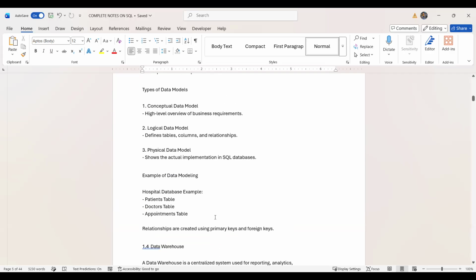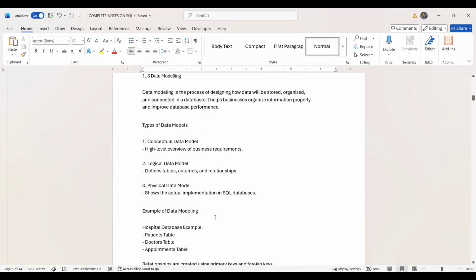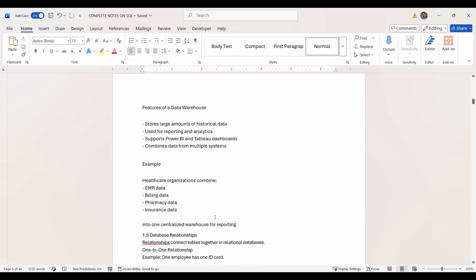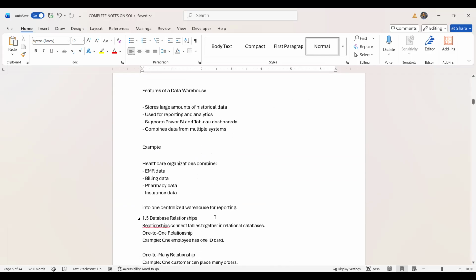Like I said, a data model gives you the process of designing how your data will be stored, while a data warehouse stores historical data and is a centralized system used for reporting. The feature of a data warehouse is that it stores a large amount of historical data used for reporting. Like Amazon now, I'm sure their data warehouse is on the cloud, because of the way data is coming out, they cannot use a local